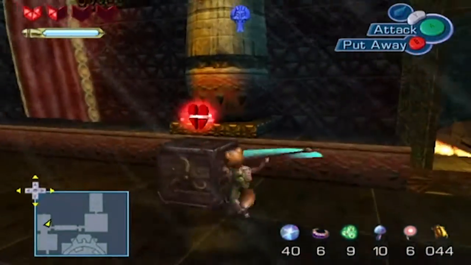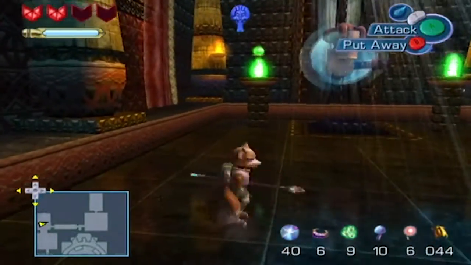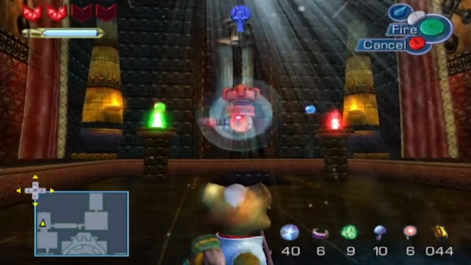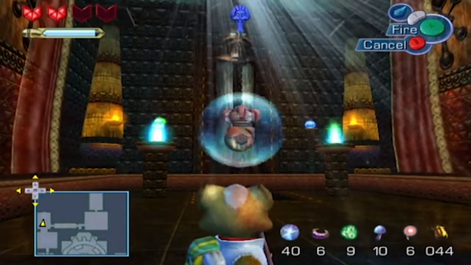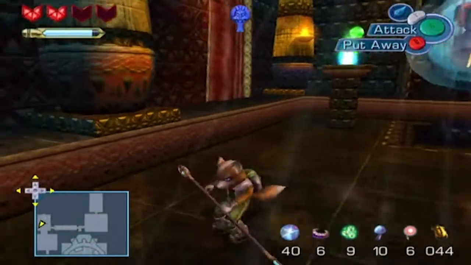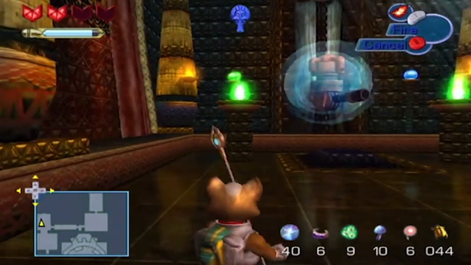Okay, there's that turret. I think this next part of Krazoa Palace is a little familiar. We were here with Krystal, but that thing wasn't there before, I know that much. I'm not sure if that's working right now. Why don't you assign the Fire Blast to the instant access? Because I see we have to